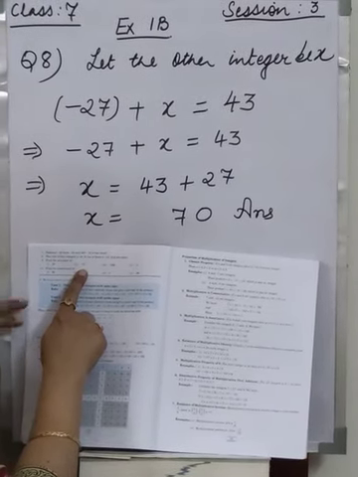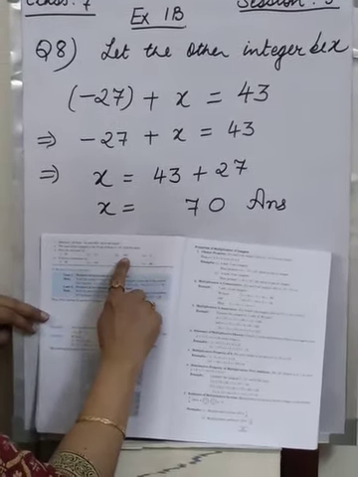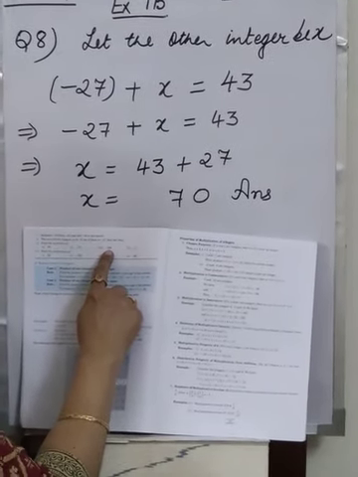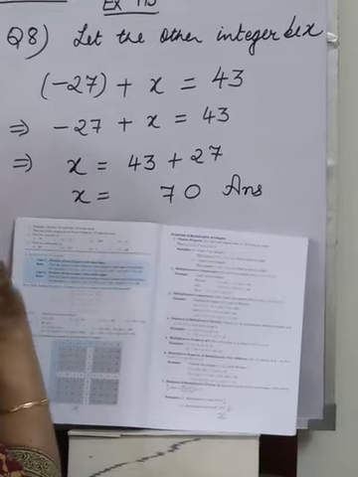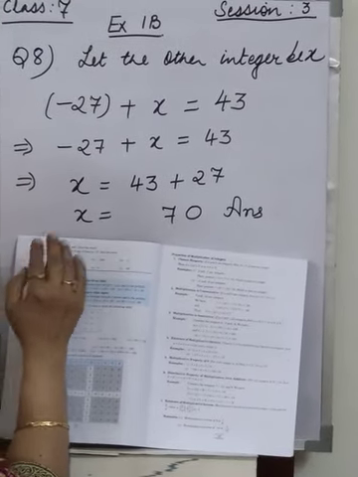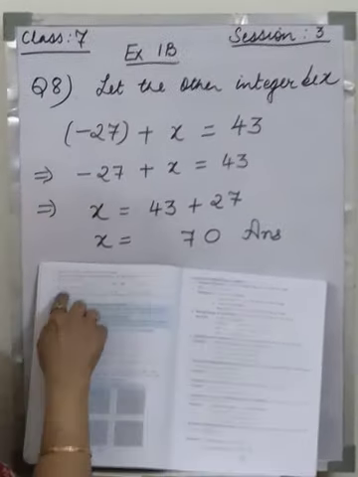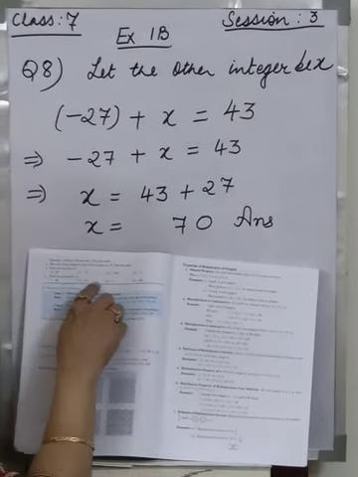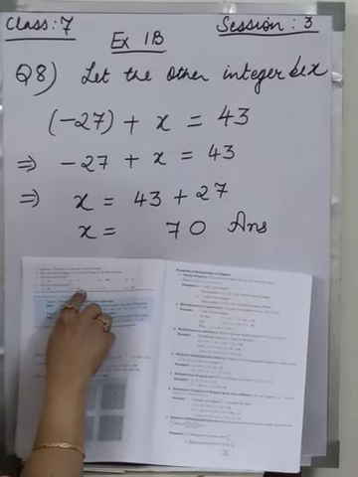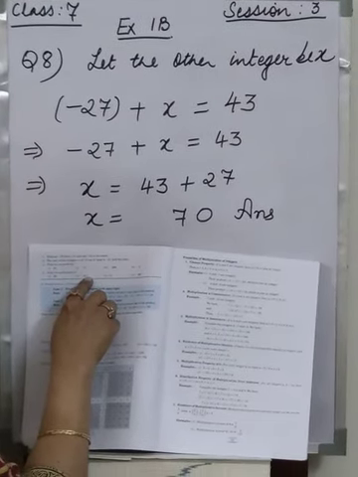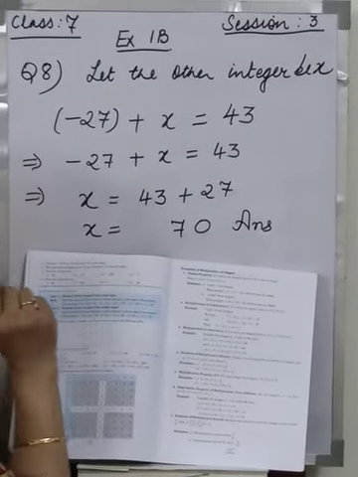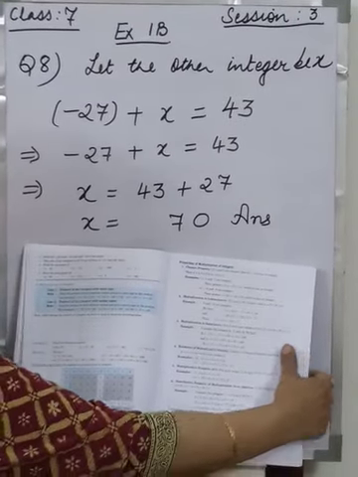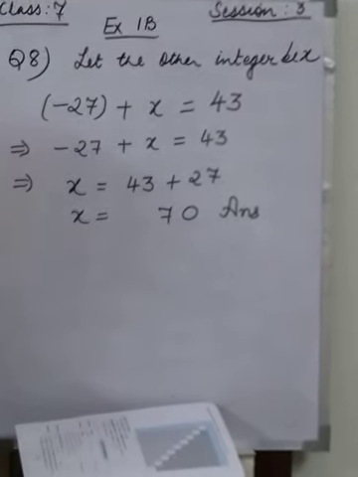It goes in reverse in the negative numbers. The successor of minus 206 will become minus 205. This way you can write the successor. The predecessor, that means one number before, the number before 60 is 59. The one number before minus 351 is minus 352. So I hope you can write the successor and predecessor of all the numbers. This way we complete exercise 1b.